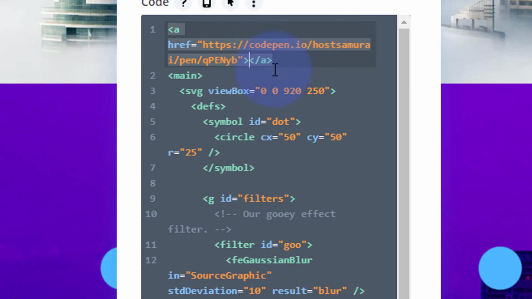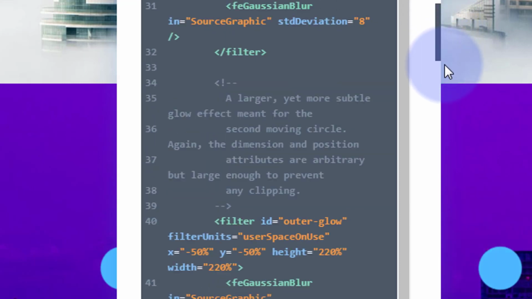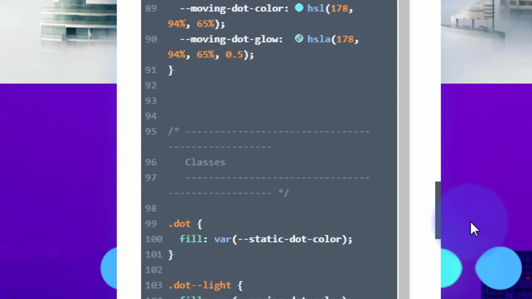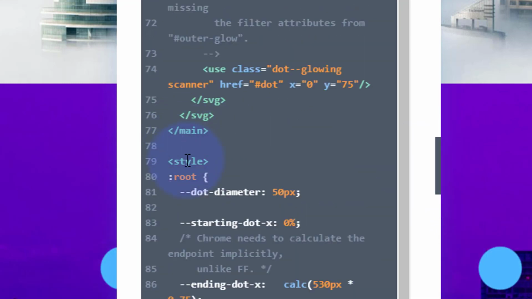As soon as we close it out, it adds the closing anchor tag bracket right there, and we want to cut that, Control X, or just delete it and rewrite it, because we want to wrap all of our main in this anchor tag. So we're going to go down to the closing main tag, just before our style tags down here. There's our style tags, and there's the closing main tag with the /,